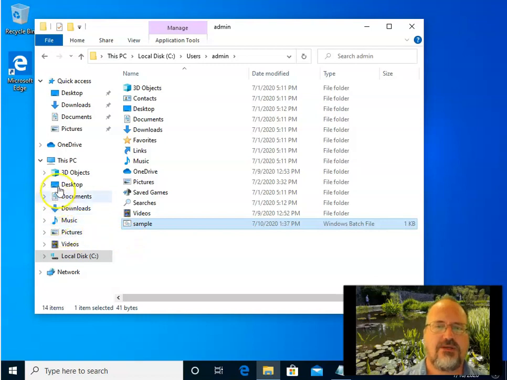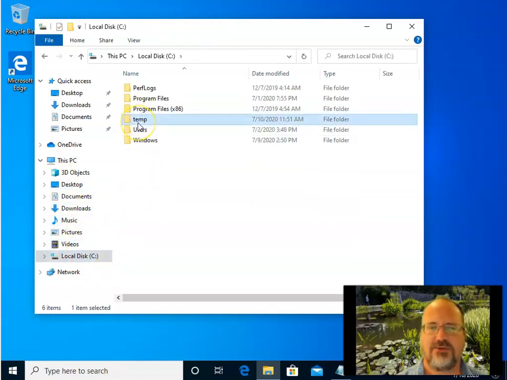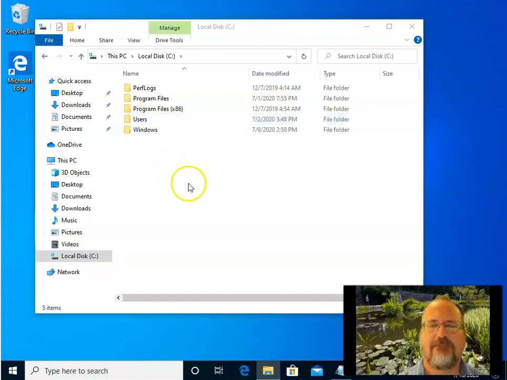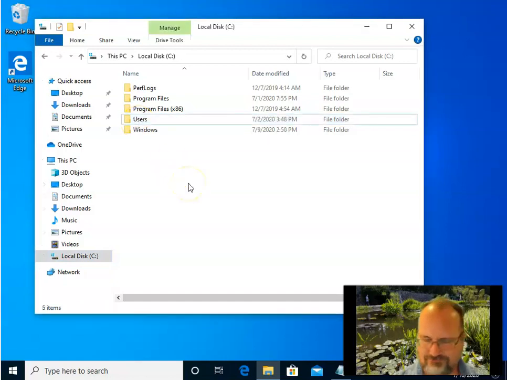So what I'm going to do here, let me make sure I don't have temp located in C. I still do, so let me get rid of that. Okay, so just to make sure I'm starting from scratch. And rather than run it from